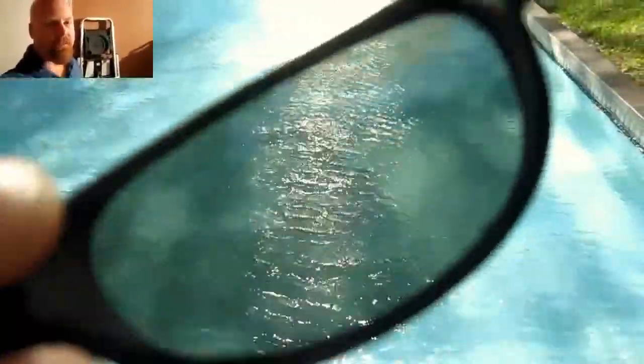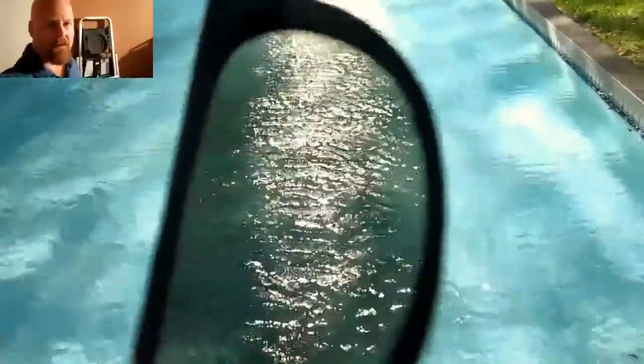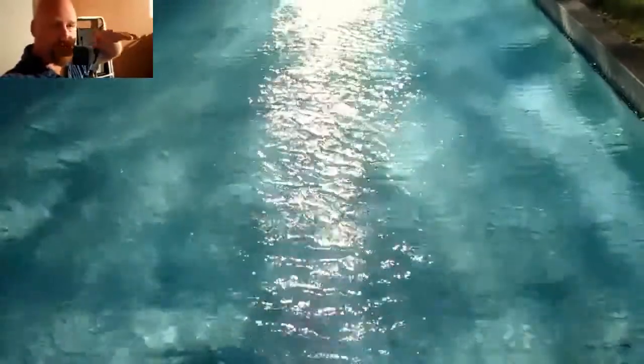So I screwed up the audio on this with too much wind. As I'm turning the lenses around, you can tell that the reflections on top of the water just plain disappear. This is what polarized sunglasses are all about. They let you look onto a surface where light is reflecting back up in your eye. And it works out really well, especially someone like me who has crappy vision to begin with. Once you eliminate that glare, or at least cut it down some,